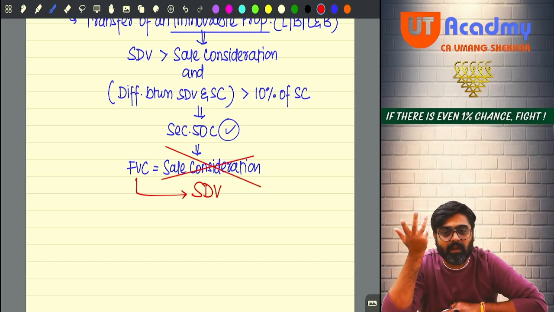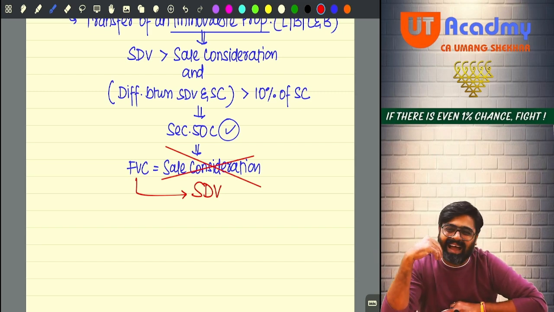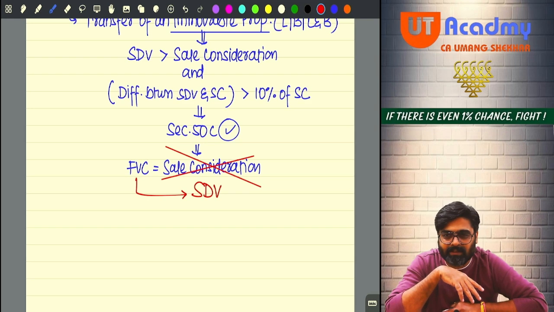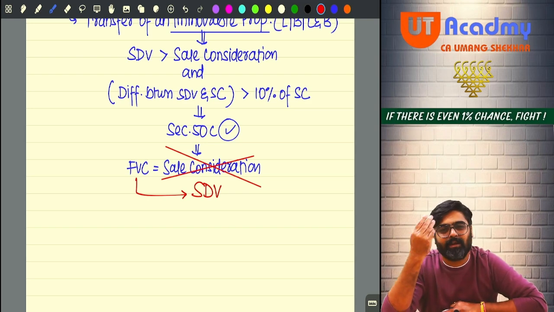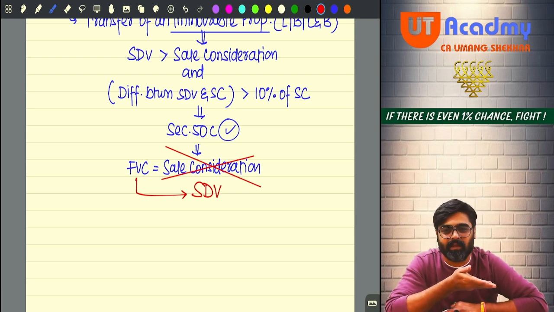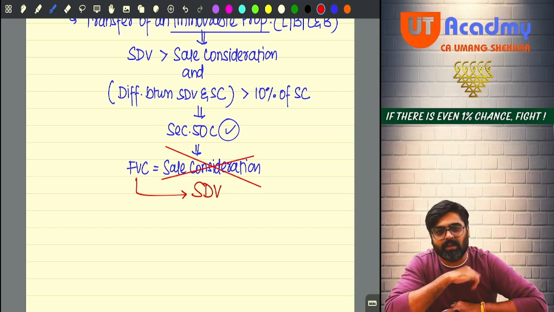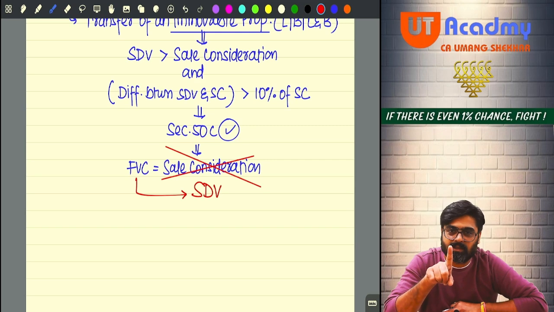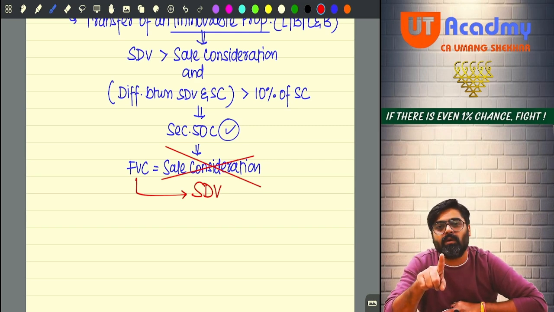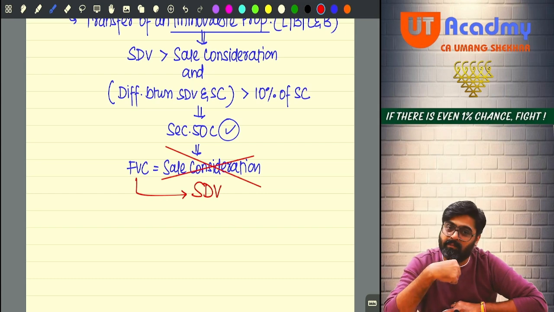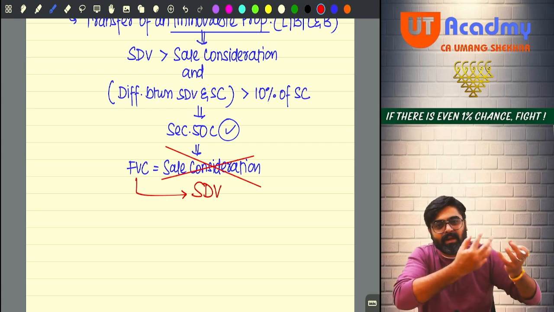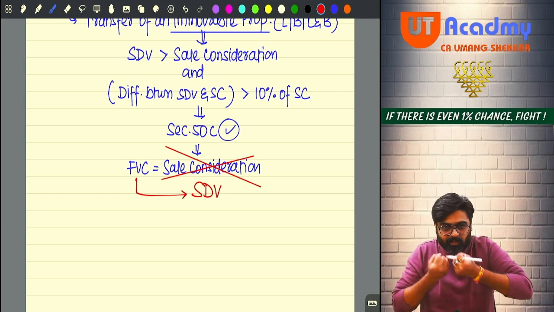I said, why are you doing that? I know why he is doing that. But still I asked. He said, you are a chartered accountant, sir. You know everything. So I said, see boss, I am a chartered accountant. That is why I will not pay you a single rupee in cash. If you want to sell the property to me, I will not give you a single rupee in cash. The entire 50 lakhs I am ready to give you. But I don't have any black money with me to pay you that amount.